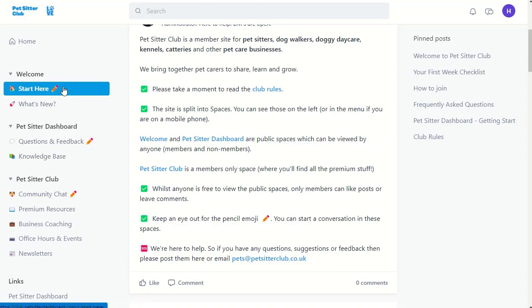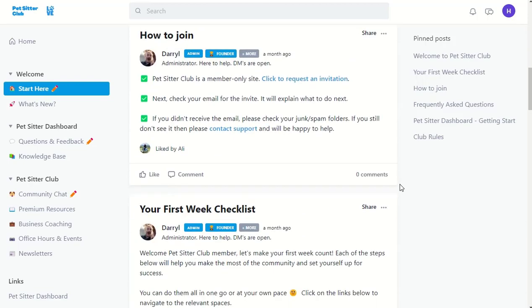You might also want to keep an eye out for these spaces that have a pencil next to them. These spaces are ones where you can start a conversation. So you can create a post, ask a question. The other sections, they are led by us. So we'll create posts in there, but you're welcome to like, comment and share anything that's in Pet Sitter Club. If we just keep going,